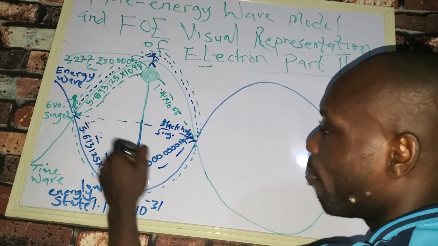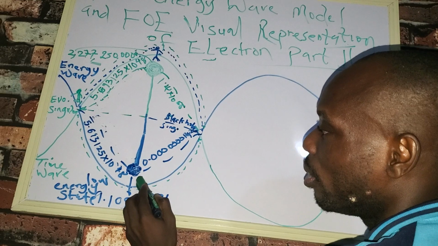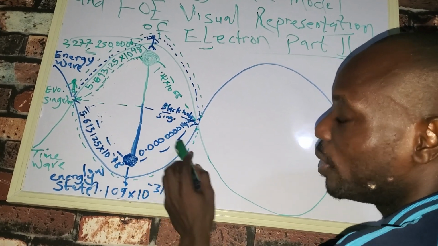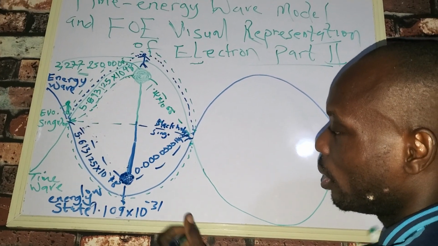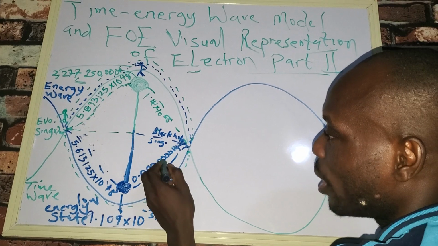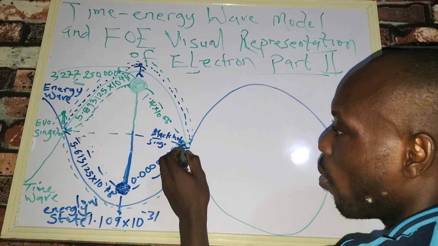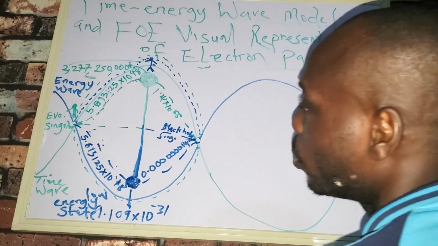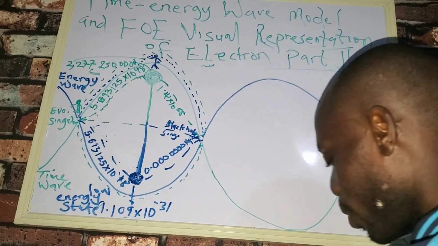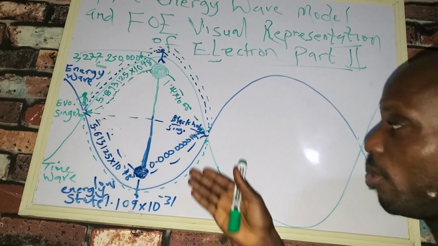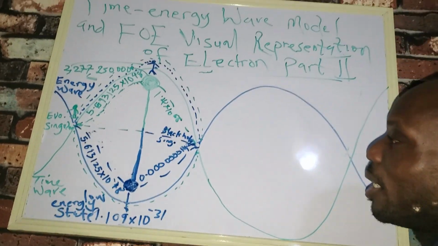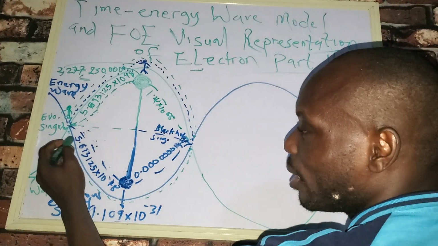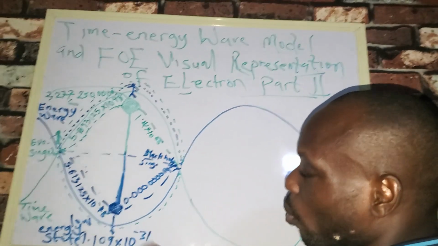By that compression, we have a reduced value, which is 0.000000142. That is the value we have right there, because when you supply this magnitude of wave,